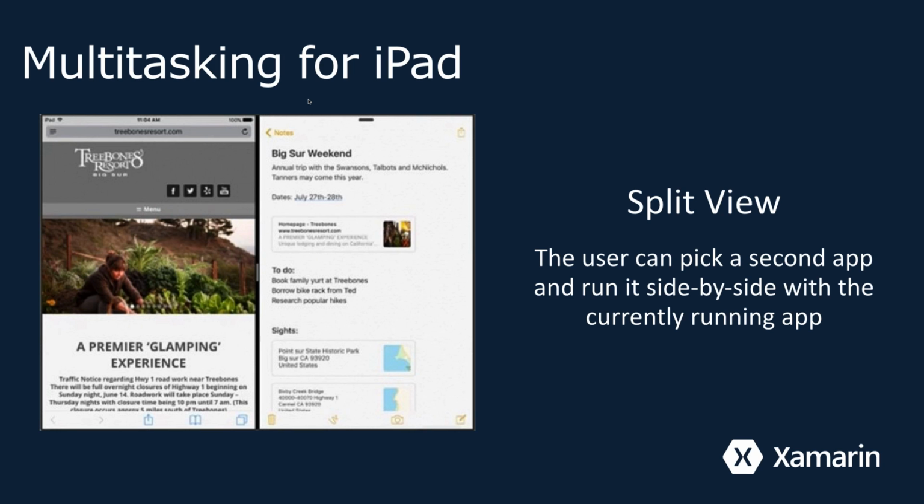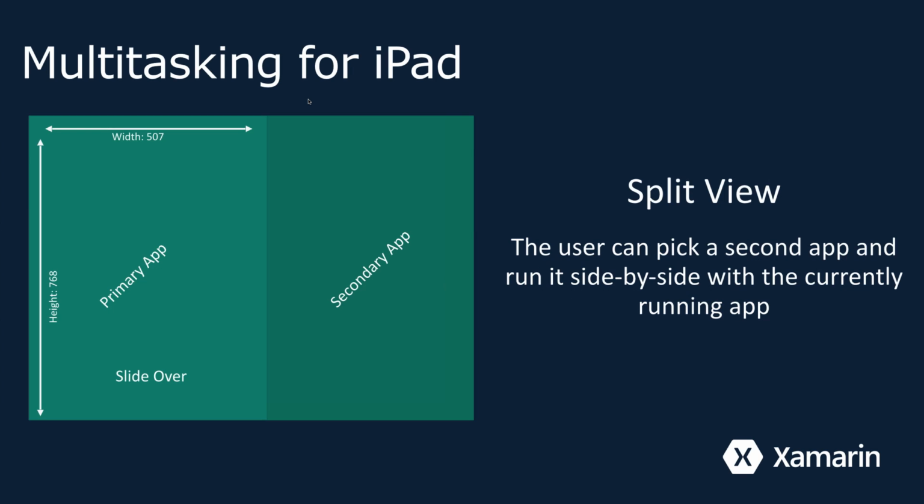Rather than being gung-ho and drawing blue lines within Xamarin Studio or Visual Studio, you need to have a process. Once you've got the process, it's extraordinarily simple, and you can take advantage of things like split view, which, as I say, the user is able to resize how large your app is. So the OS is going to deal with laying it out and making it look beautiful no matter what the